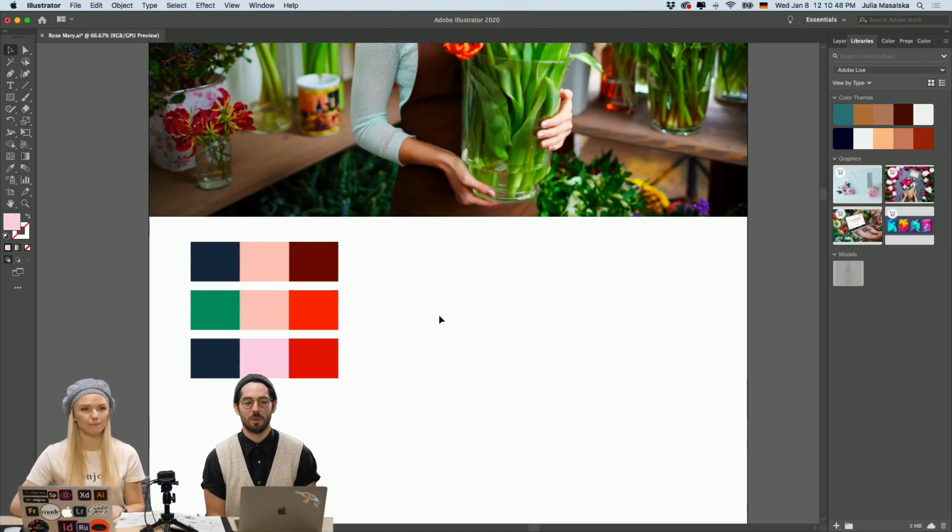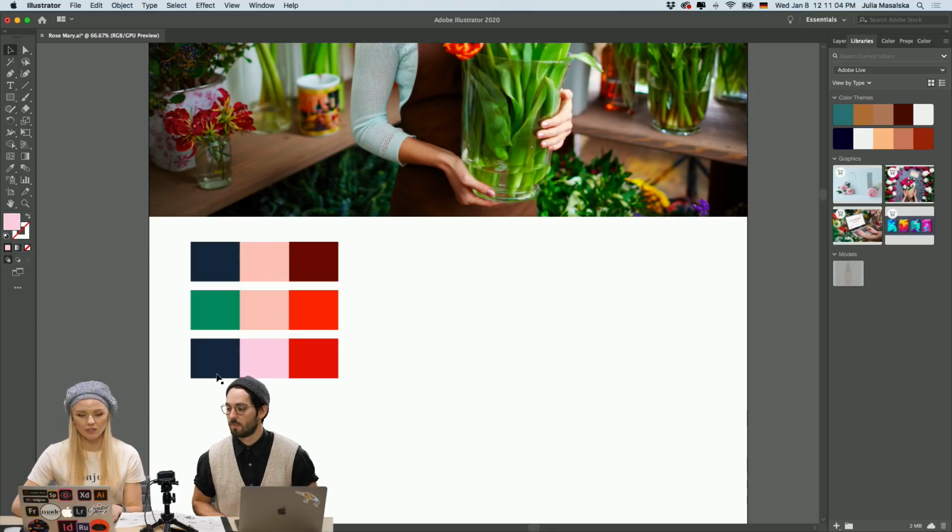We also have some people mentioning Adobe Capture, and that's also a great tool because you can just use your camera to take these color palettes from the real world. Exactly. So if you're outside and you're feeling inspired by a pond or a building, you can actually take a picture on your phone and then extract a color palette, which is pretty cool.